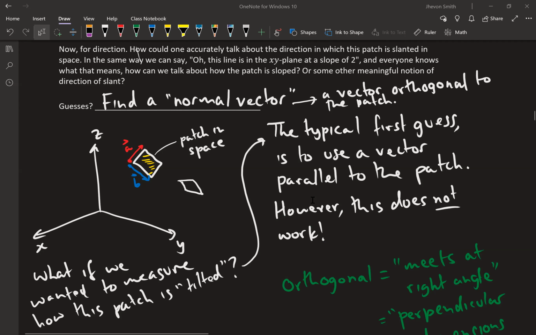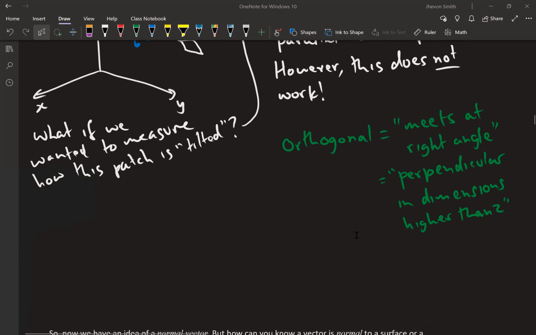We want to be able to build up a world, be able to do calculus in this world. And it turns out we need to be able to do these things. We need to talk about directions that something's slanting. We need to be able to find the area that something's slanting. We need to measure the angle between two vectors. So now,